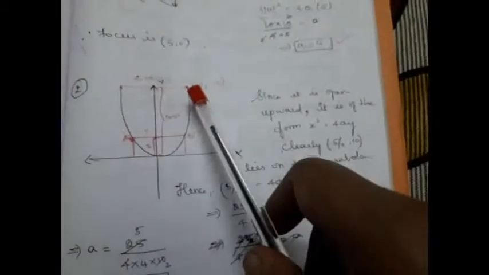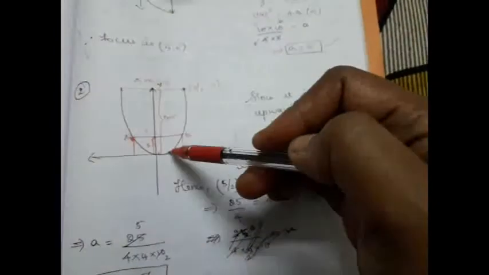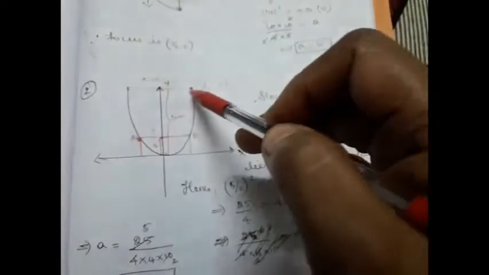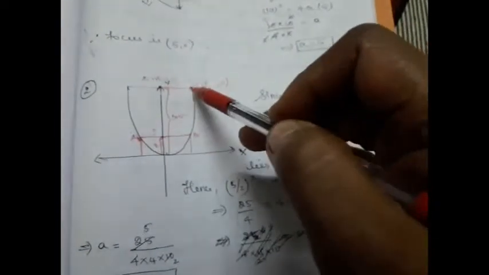Right? So first, what are we going to do? We are going to find a point on the parabola. The same ideology we are going to use here. The height is 10, therefore the y coordinate of this point is going to be 10. And the width is 5 meter, therefore half of it is going to be 5 by 2. So this distance is 5 by 2, so this point is (5 by 2, 10), and clearly this point lies on the parabola.